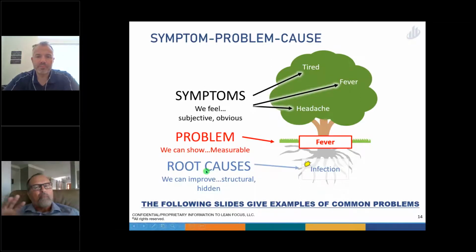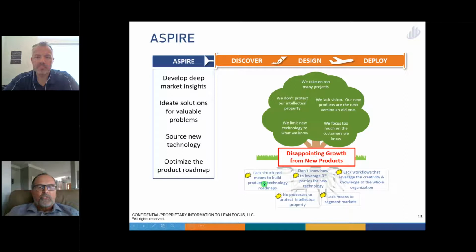Now, when people talk about problems in innovation, the reason we show you this little picture is you really need to understand, when you're talking, which of those three are you talking about? Because most people will just mix them. All of these are valid, but we also want to understand which one we're talking about. So let's go through a few examples. What we did here was we looked at each of the four stages, and there's not time to go through this in detail, but we can go through a couple and see if any of these resonates with you.